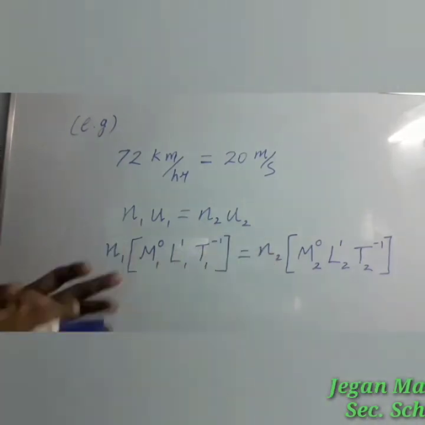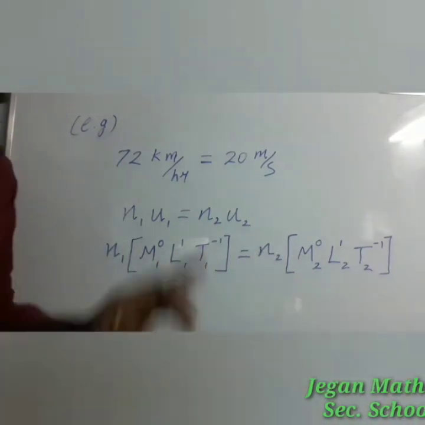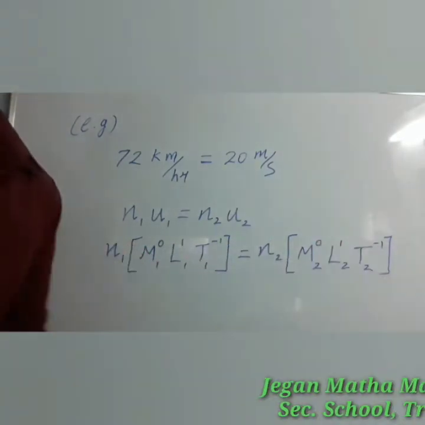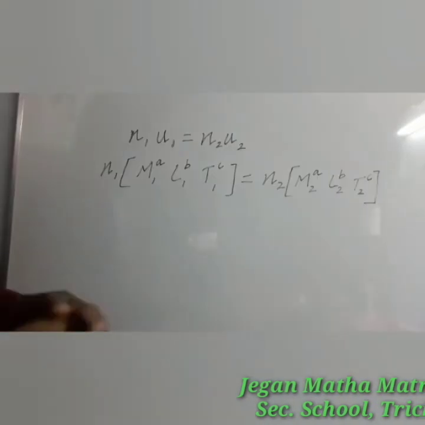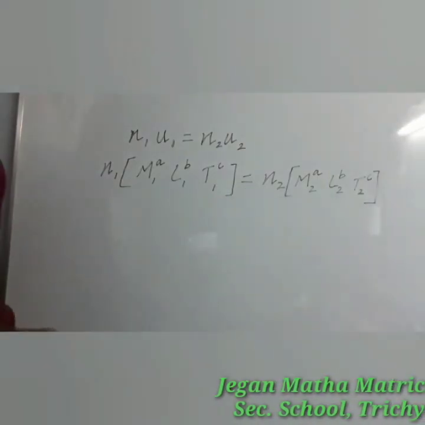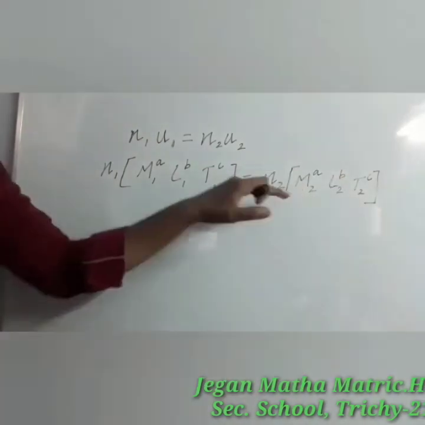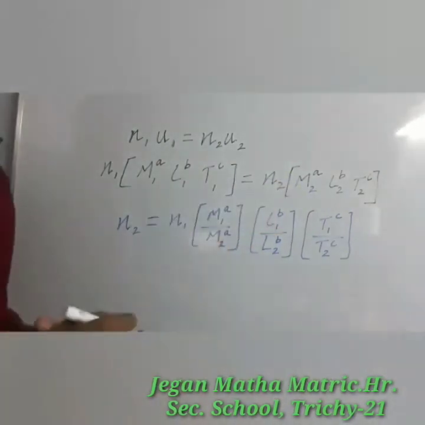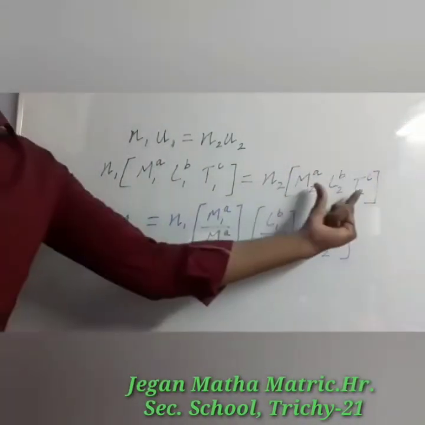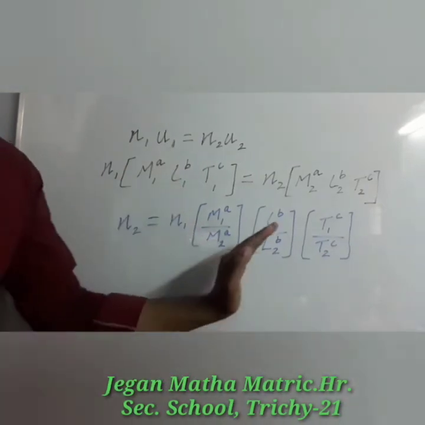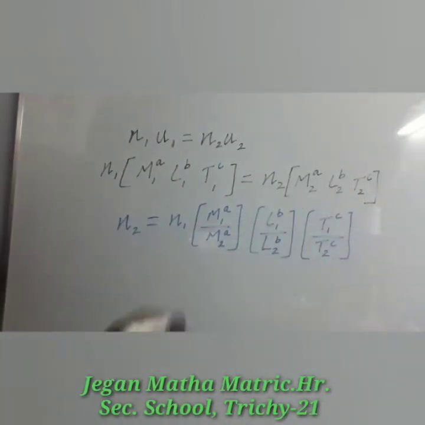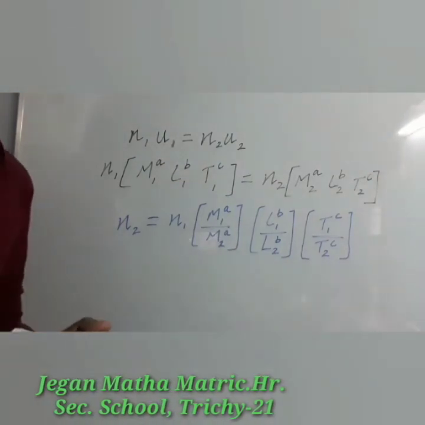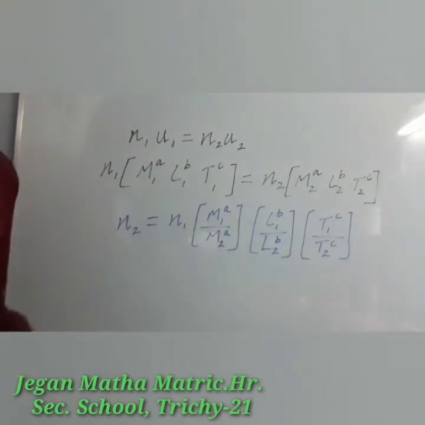Numerical values and units can be changed, but what about the value of the dimension? That means the power values are the same. Now I am going to find the numerical value in the second system of unit. How can we find it? For n2, the other things have to be taken to this side. I hope you can understand. To find the value of n2, I have taken those expressions to the left side, so they go to the denominator. Here you can see the power values are the same. That means any system of units can be used, but for the given quantity the dimensions are the same.